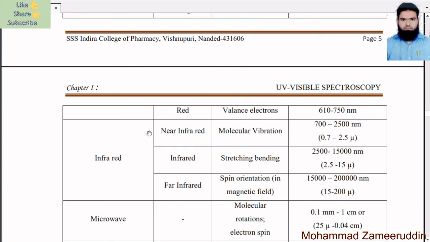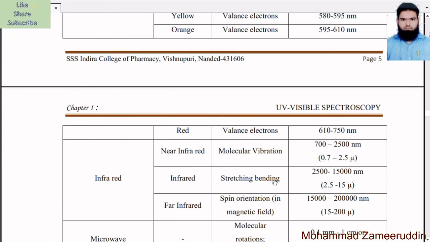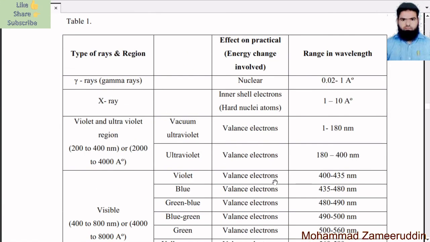Infrared radiation is also divided into 3 bands: near infrared, then mid infrared, and far infrared. These are the wavelength ranges of the infrared region. Then after that microwaves are there, and the last one is the radio waves. So these are the spectrum of light, which affect the